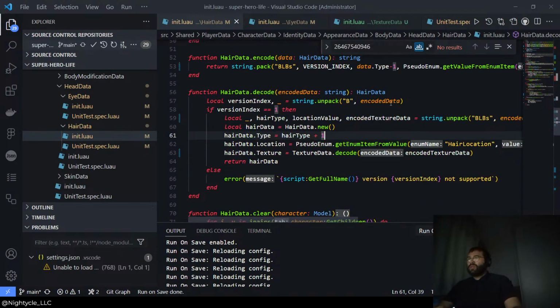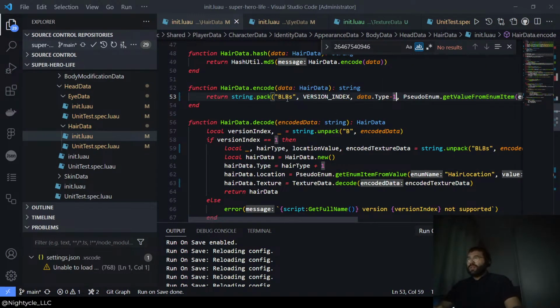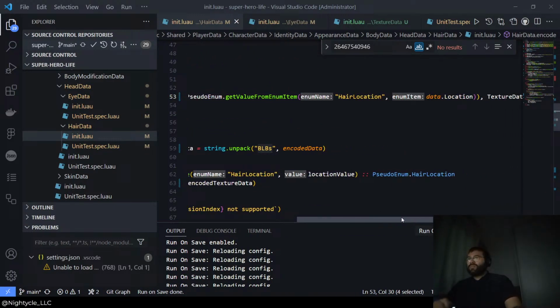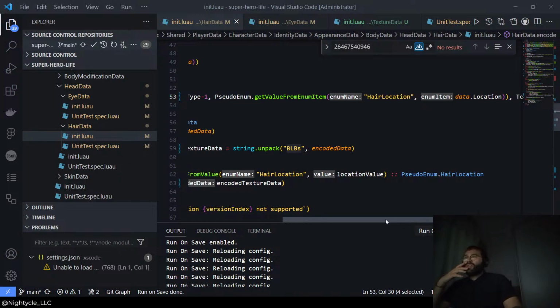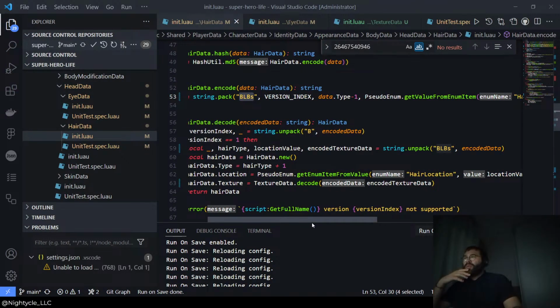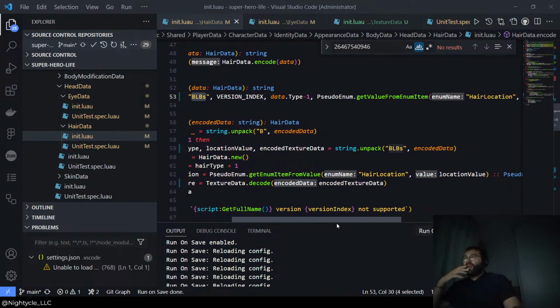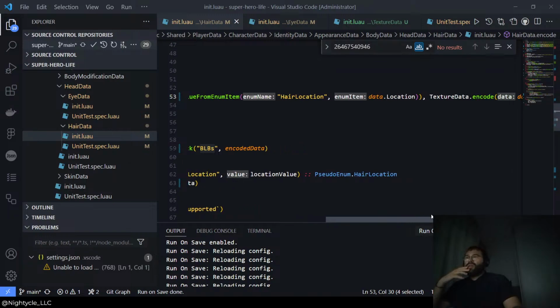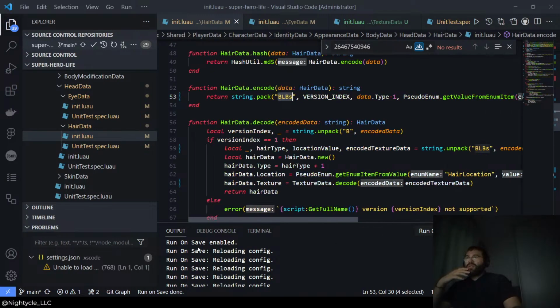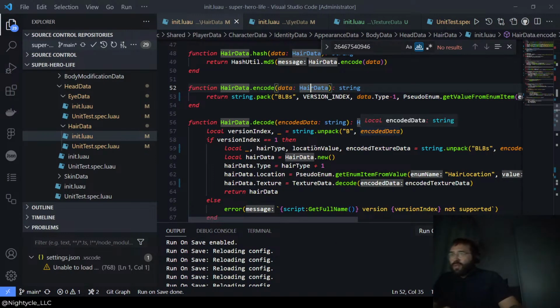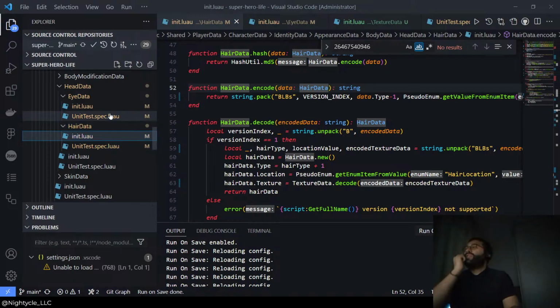We take that away, add that back. Okay, did I get the thing wrong? Okay, so we have hair location B L B S. You see, it'd be weirder to me if